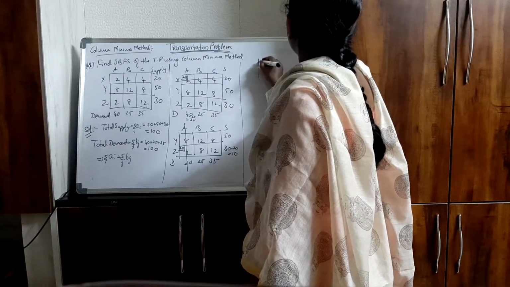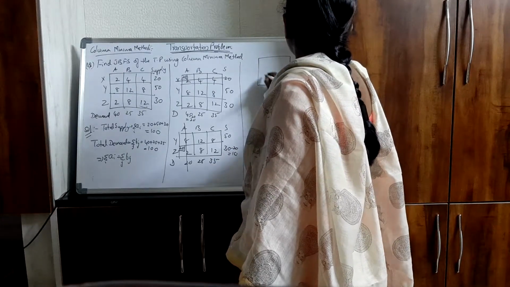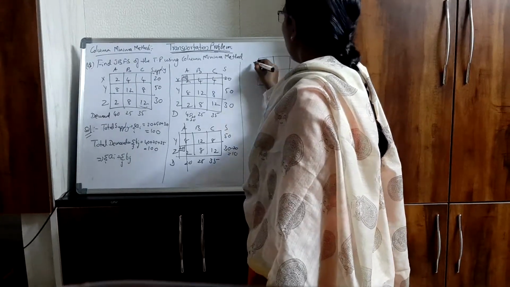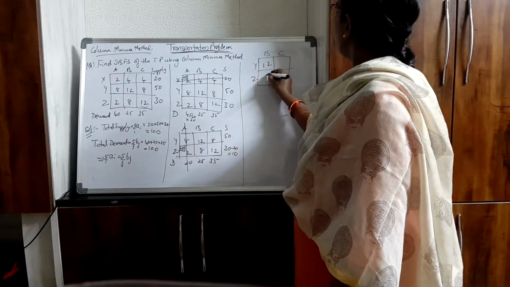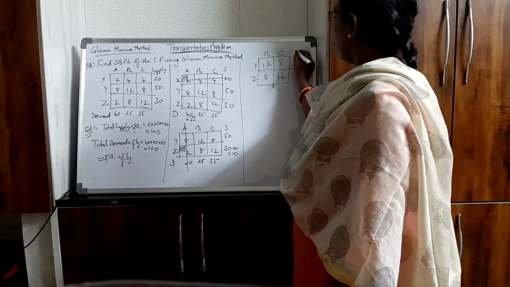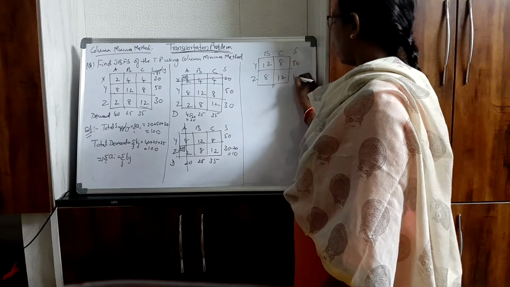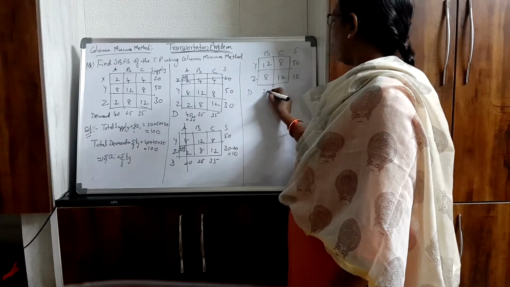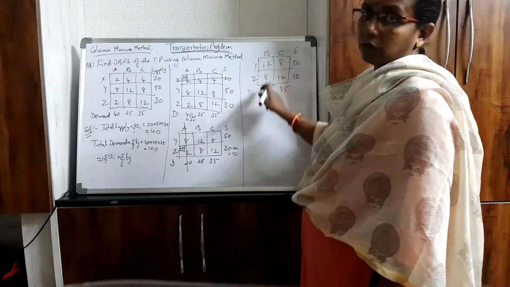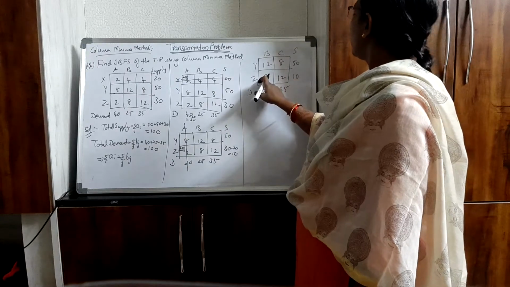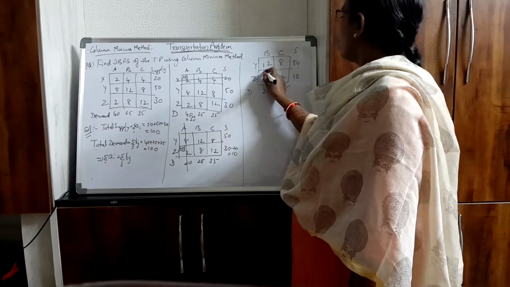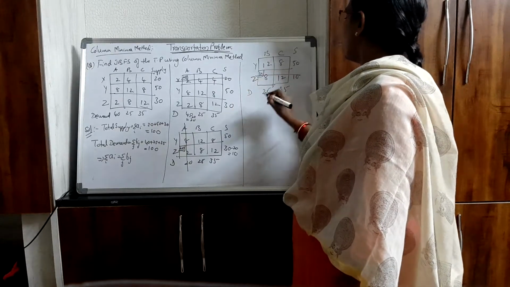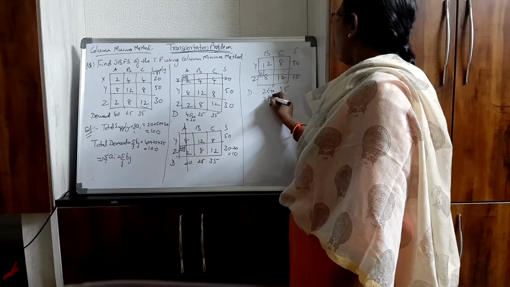Now what is the remaining table you have? It is a 2 by 2 table. So you have Y, Z, B and C. So 12, 8, 8, 12. Supply values are 50 and 10. Demand values are 25 and 35. Again come to the first column. In the first column the minimum value is 8. Corresponding to this 8 you have 10 here and 25 here. So minimum is 10. Now this row will get exhausted. 25 minus 10 will be 15.